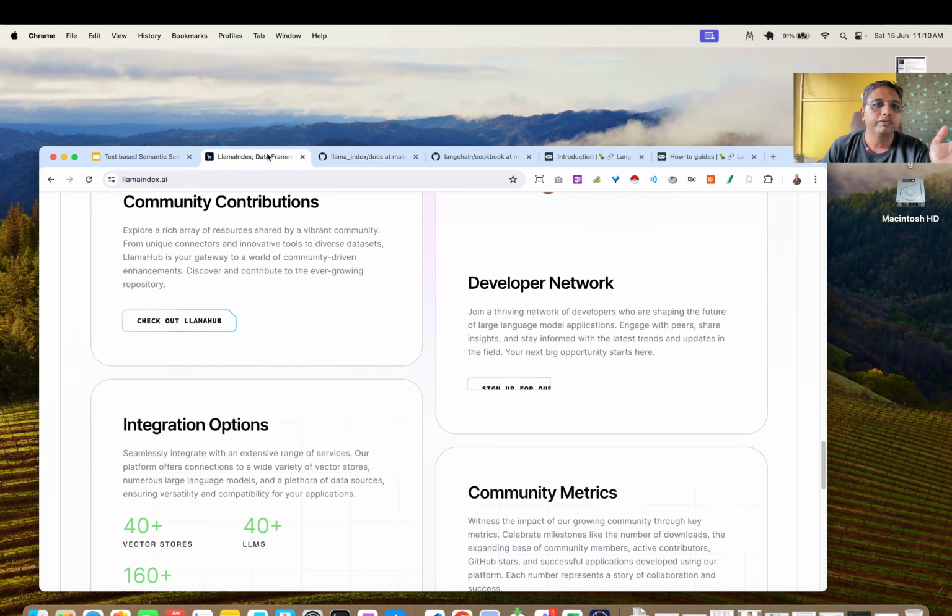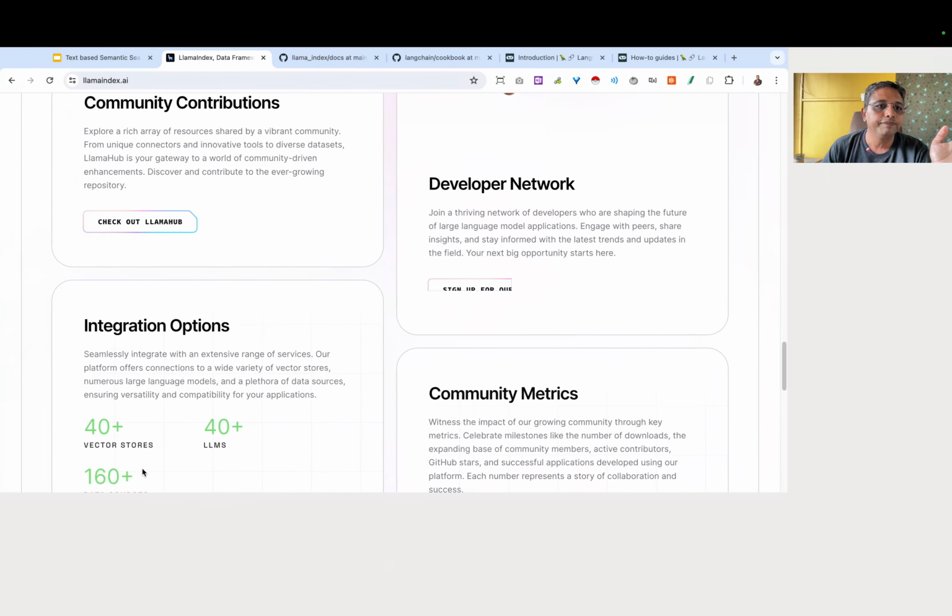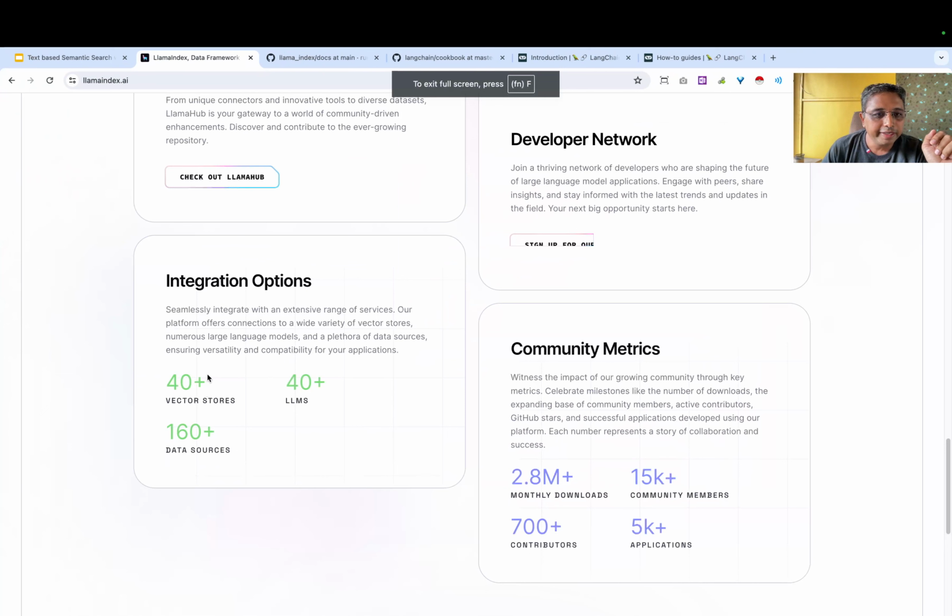Whereas if we go to Llama Index, you would see there are different integrations. For example, here it has integration with 40 plus vector stores, then LLMs, then data sources. So how you consume the data in the first place, to index it, to chunk it, to make an index which gives you more control or which properly suits your use case.